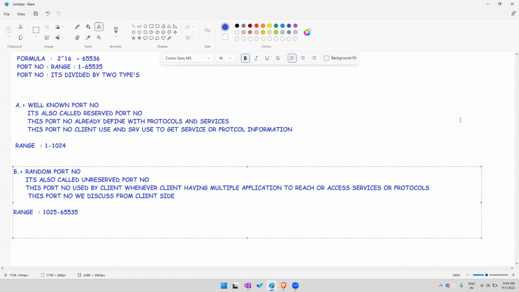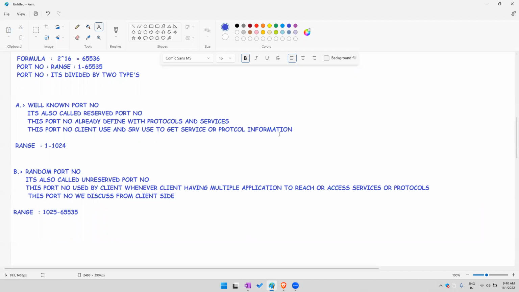The random port number range is 1025 to 65535. And the reserve port number range is 1 to 1023. Okay. Now, for HTTP, HTTPS, FTP, DNS,